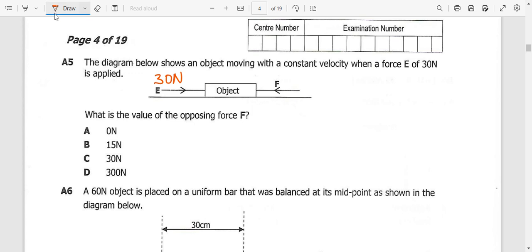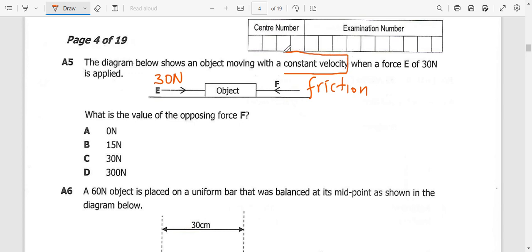Martin, what's the name given to the force that opposes motion? Friction. Okay. So now remember they've told you the diagram shows an object moving with a constant